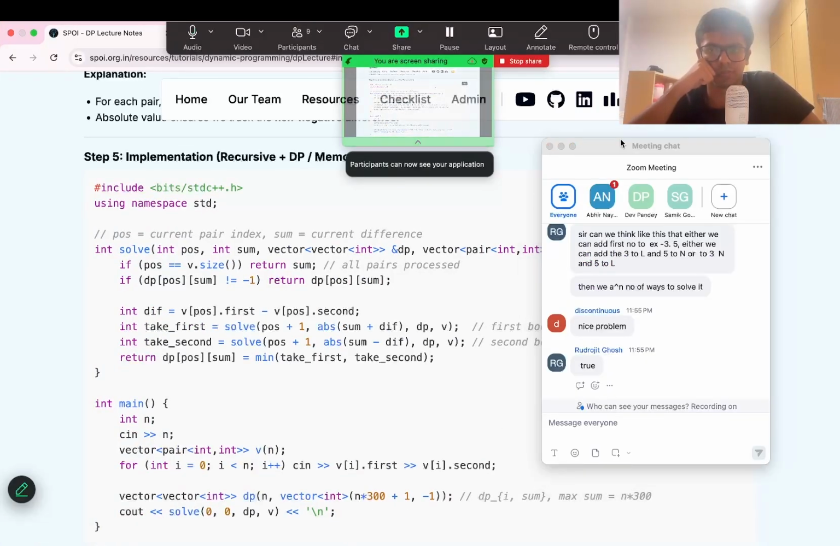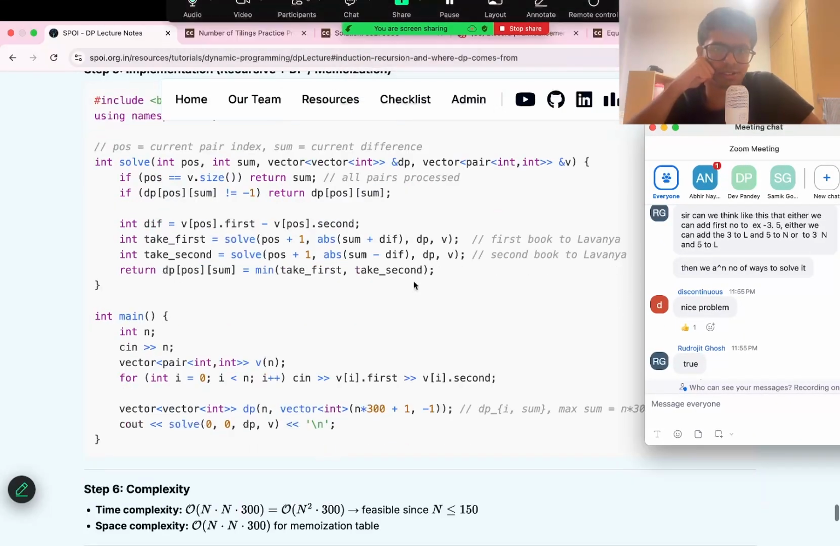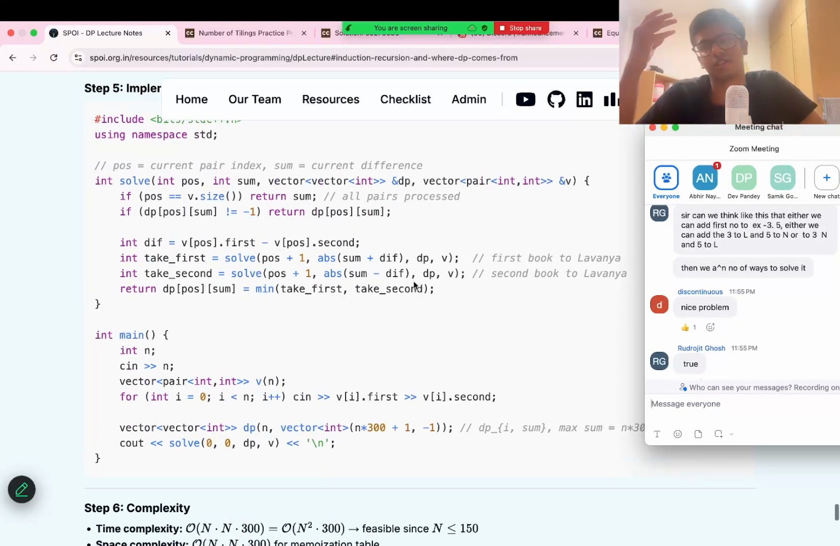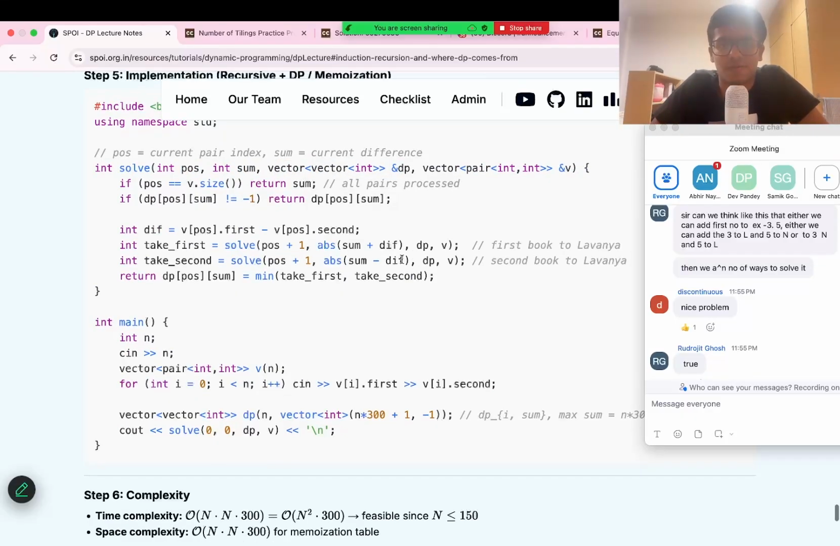So this is the code. This is the recursive code. Let's see if we can understand from iterative to recursion. So pos is nothing but i, sum is nothing but the current weight. So these are our 2 index transitions, and dp and v, the value of paired book. So we find the difference over here,